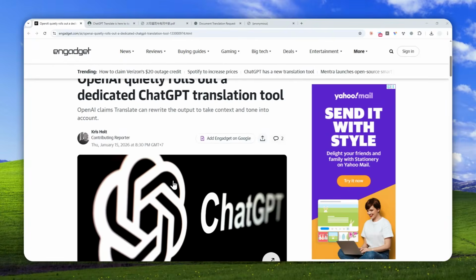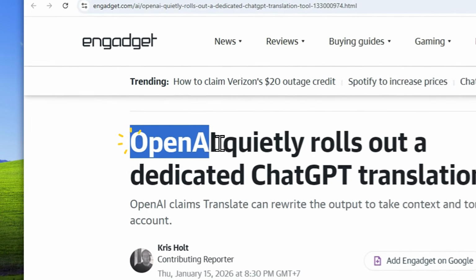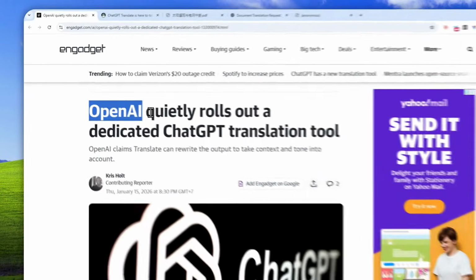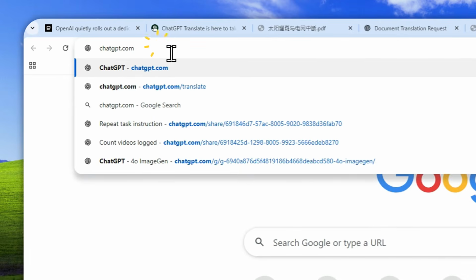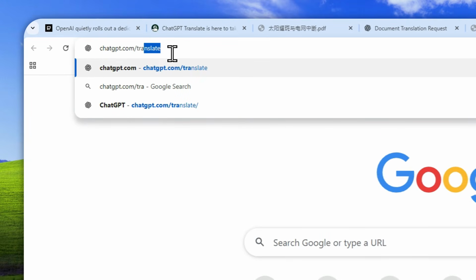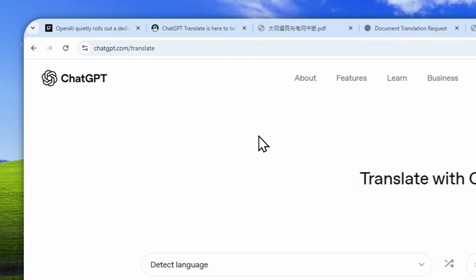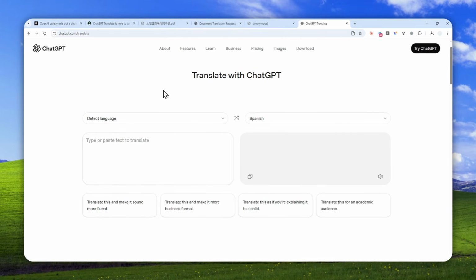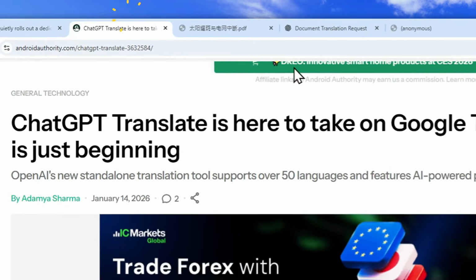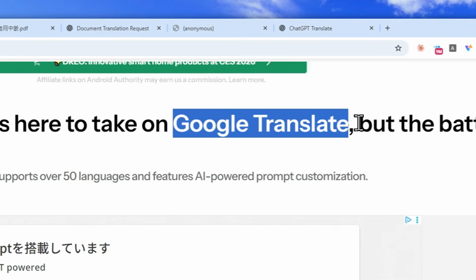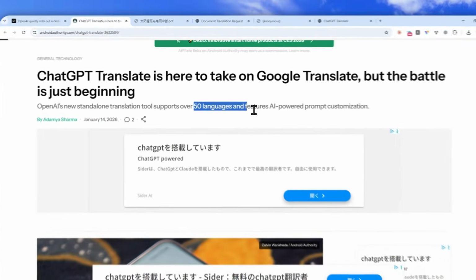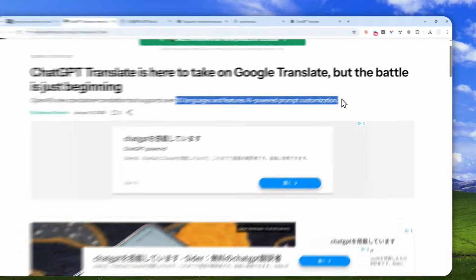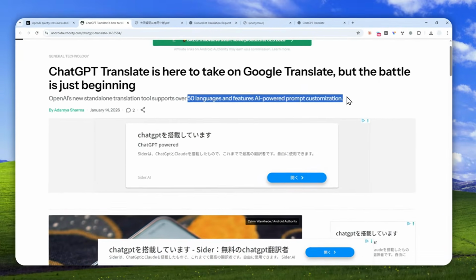Alright, so there is a new AI tool from OpenAI that really confuses me. The name of the tool is ChatGPT Translate. You can navigate to chatgpt.com/translate and you'll see a simple web app that looks like this. Now, according to some reports, this is a tool from OpenAI that is trying to compete against Google Translate. Right now, it supports over 50 languages and it has some AI-powered customizations, which is something that I'll explore further